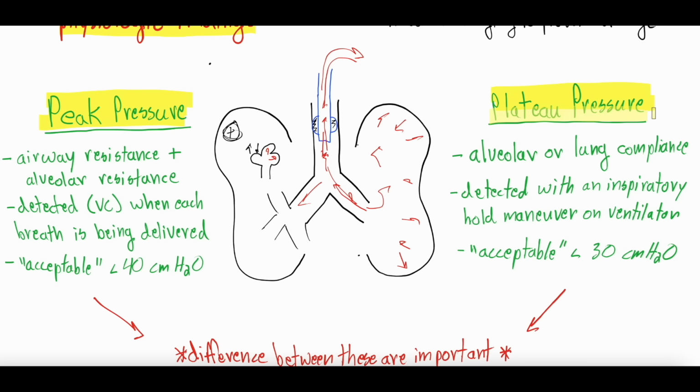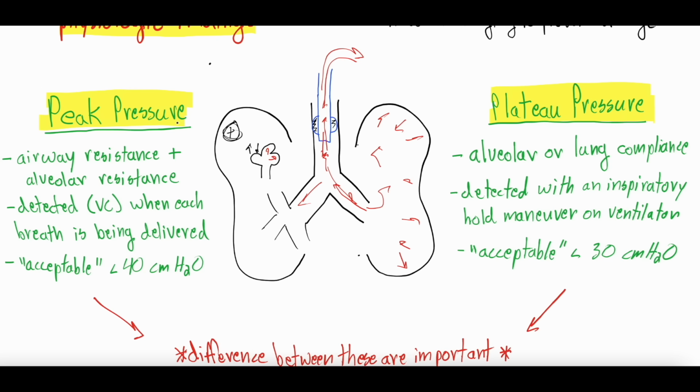And these are both pressures that you can get off the ventilator. The peak pressure is often in the top right corner. It depends on the ventilator brand, but the top right corner, and it's a pressure that you get with every single breath. Whereas the plateau pressure is something you actually have to test for. You have to do this inspiratory hold maneuver that we'll talk more about to get the plateau pressure. So what are these? Starting with the peak pressure